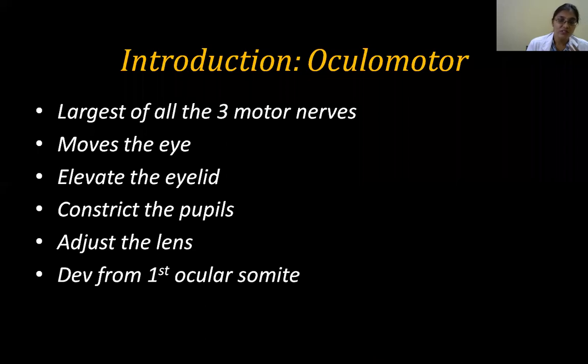So this oculomotor nerve is the nerve of the first ocular somite. So it's a premandibular somite. You don't need to know the name of it. So there are three, and this is the first one. This particular somite gives rise to all these five muscles: your levator palpebrae superioris, the superior rectus, the striated part, and the rest of the four muscles. So that's about the oculomotor.